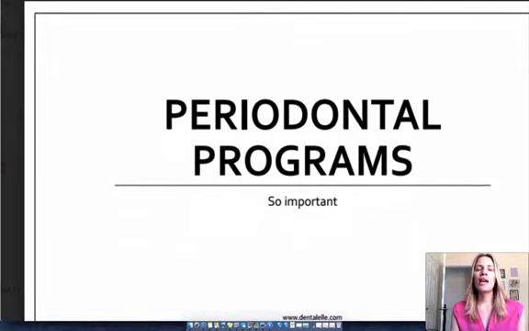Next slide here. For the periodontal program, some offices have them, some offices don't. All this pretty much means is that in some offices, as soon as they see a 4mm pocket, that means this patient needs to be coming in more often. We need to take a whole appointment to talk to them about how they need to improve their oral health. We need to show them x-rays. We need to give them a new toothbrush. So it depends on your office how this program works.